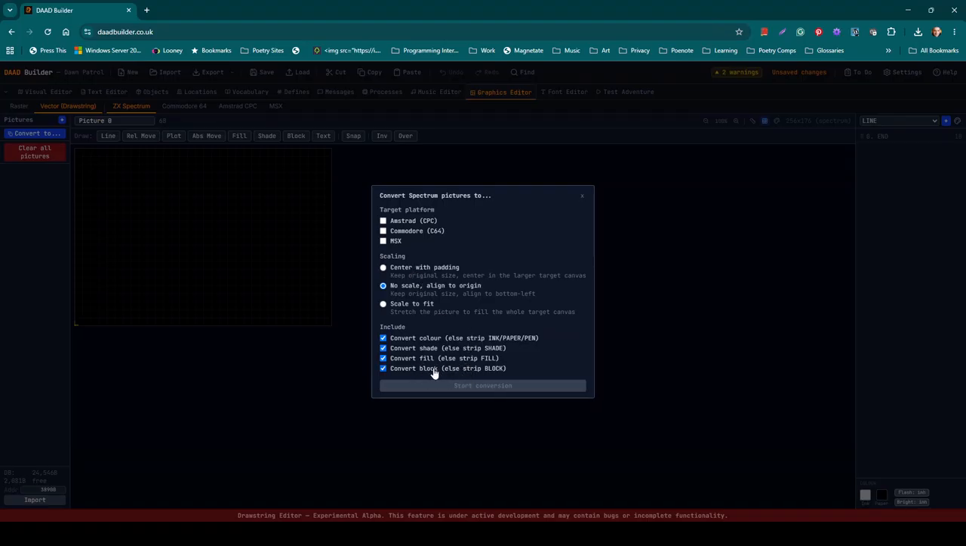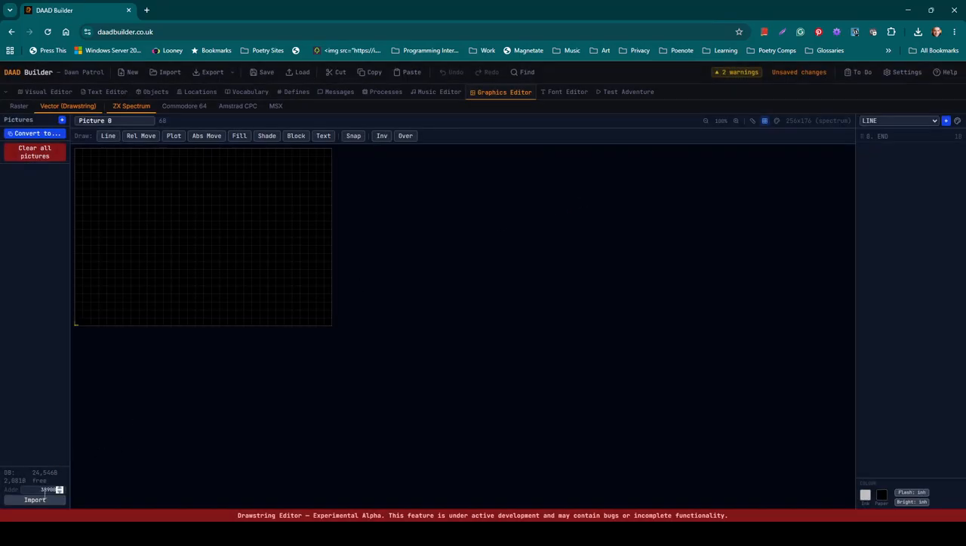Again, with the block data, that also may be a little bit hit and miss. The shade and fill usually converts across quite nicely. At the bottom we have an import button, so we can try and import databases, and if I just try and import one of those original databases from the AD games, which we were using to test,